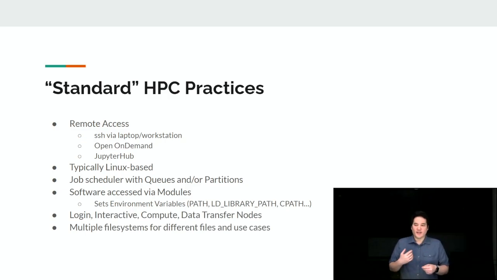This can be things such as, you can only request this many resources, or you might have your nodes broken up by node type. Hey, these are my GPU nodes. You submit to the GPU partition. Or if you have multiple generations of CPUs, each generation might be its own partition, and you submit directly to that. Software is typically accessed via a module system, so a lot of centers will build software that is useful